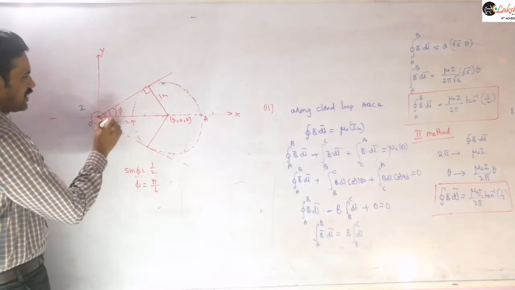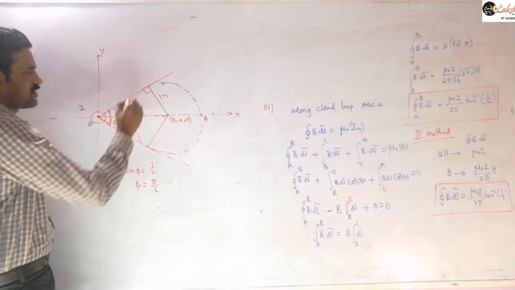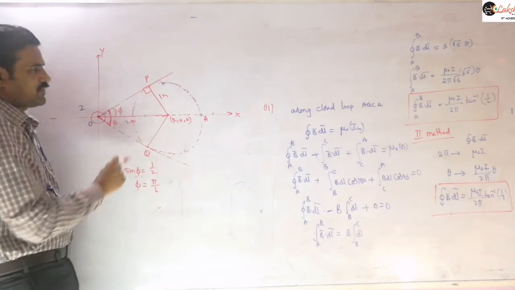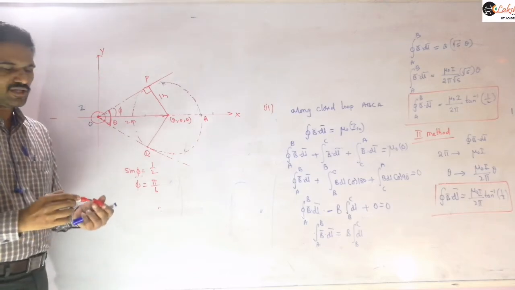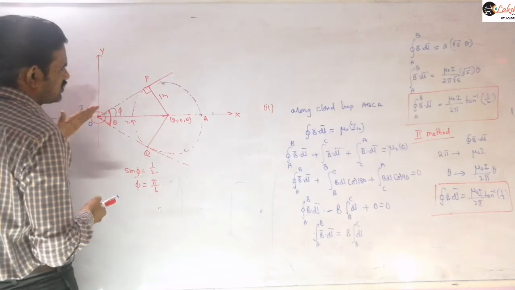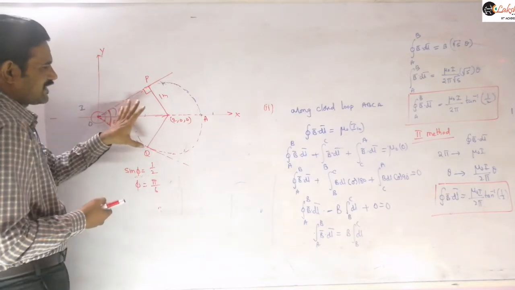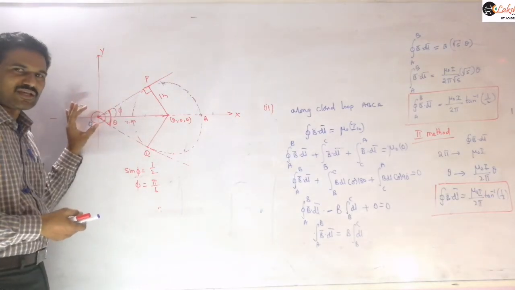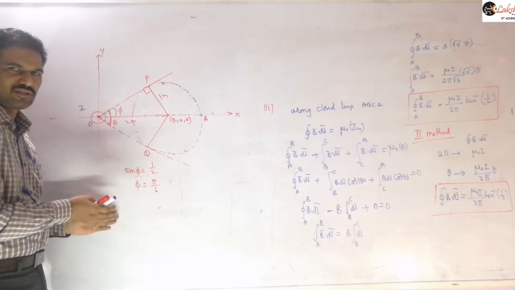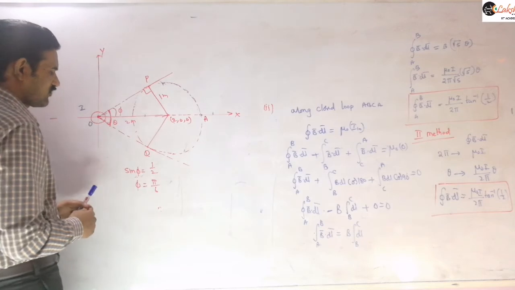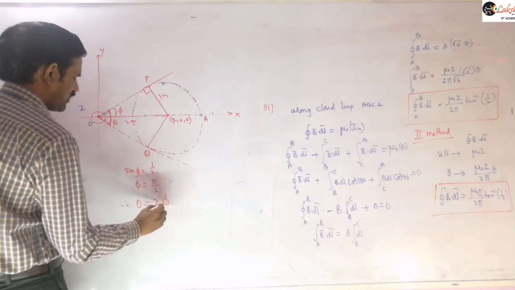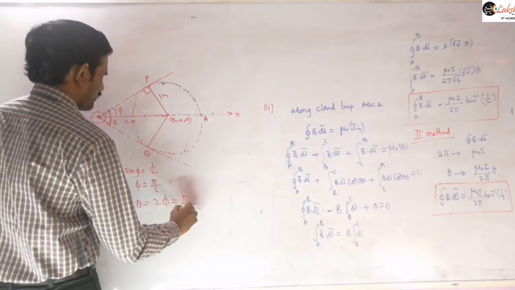Now this total angle I am taking as theta. Suppose we consider this is point P and this is point Q, then between PQ if you are integrating, if you are finding b bar dot dl bar value, then you will get the maximum value. To identify the maximum value, you just need to draw the tangents here, which enclose the maximum possible angle. Other than this you can't take any other points which subtend an angle more than that theta value. Therefore theta is equal to 2 phi, which is nothing but pi by 3, right?